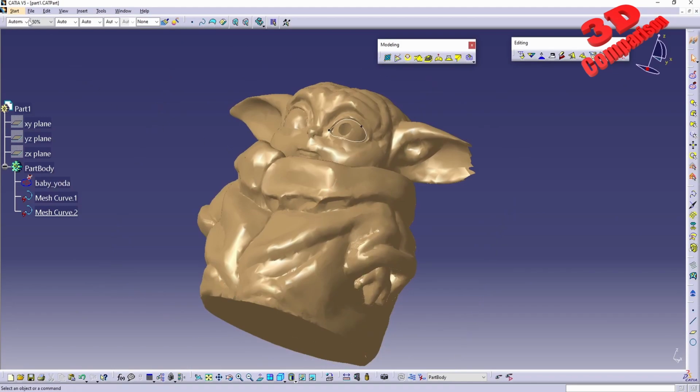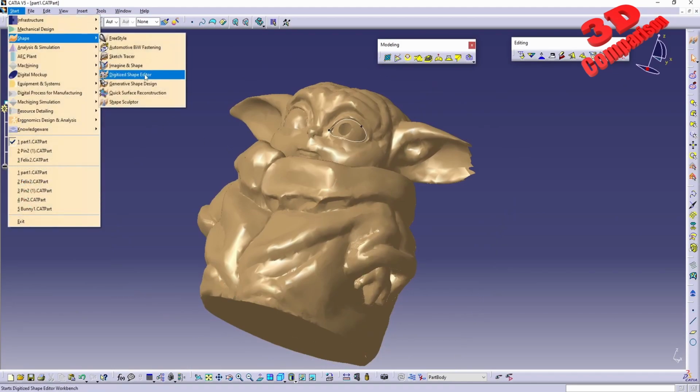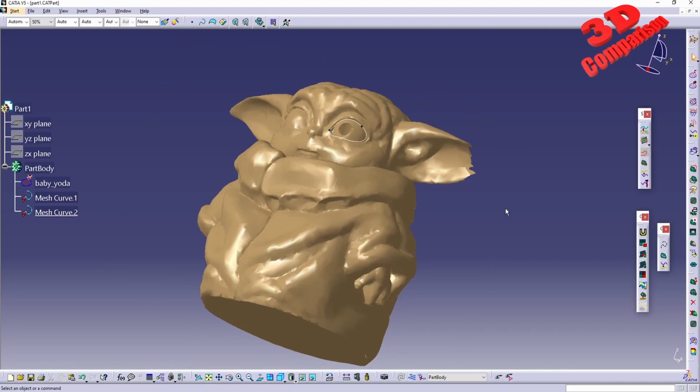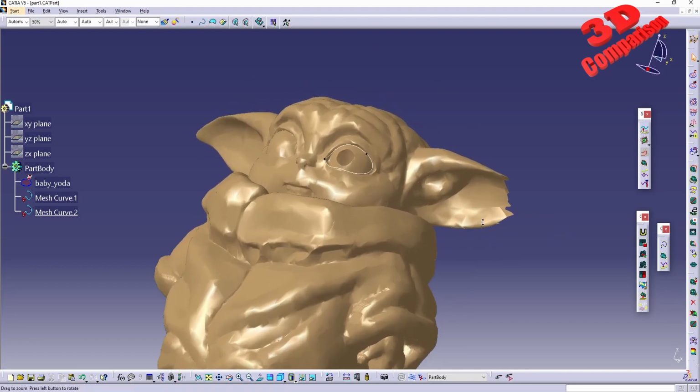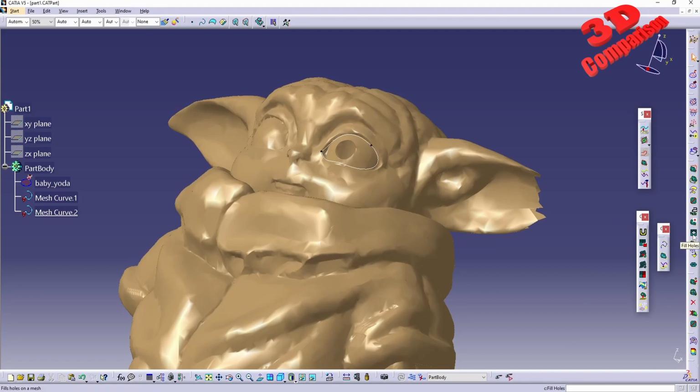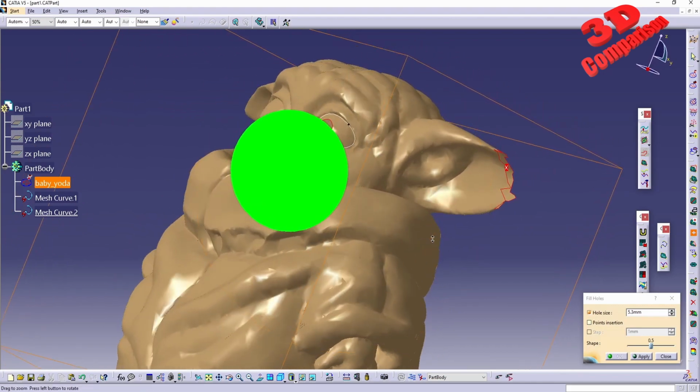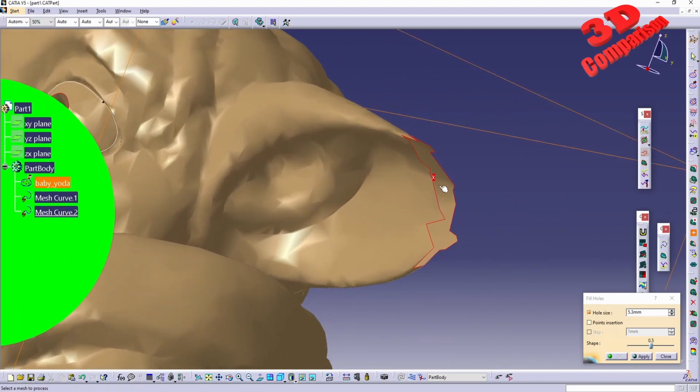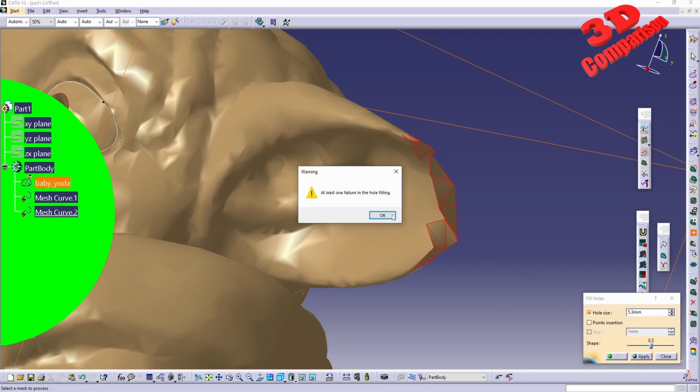For example, if I jump to Digital Shape Editor, over here we're gonna see that we have some functionality regarding this. So we have the Fill Hole tool over here that works on meshes. And one of the things that I like about this Fill Hole is that the outline will no longer be in white. We see that it will be in red for elements that won't be filled. For example, I want to fill the ear over here. I can just simply click on that, and if I hit apply, we're going to see how CATIA will